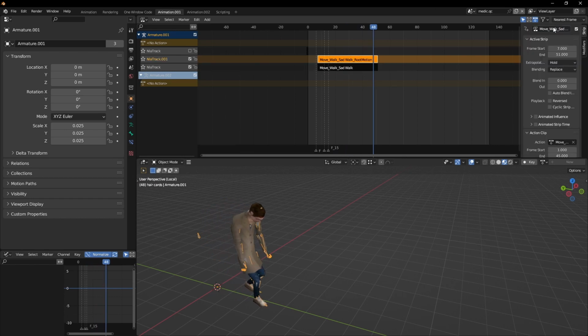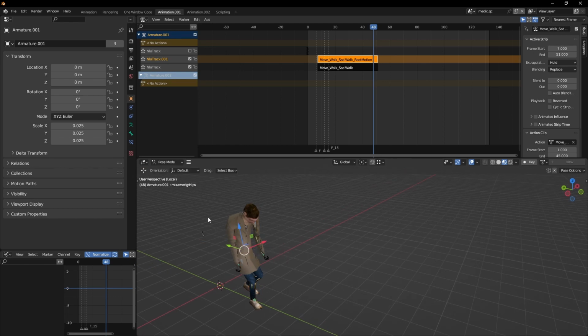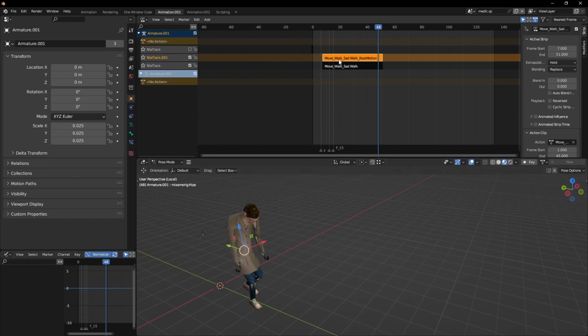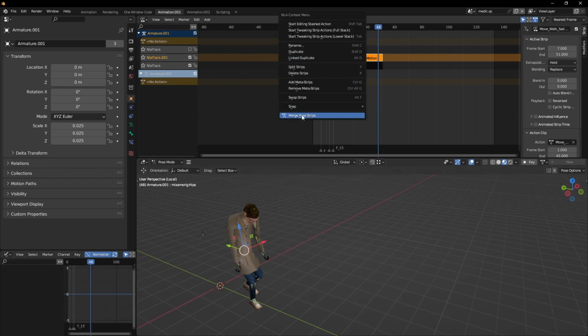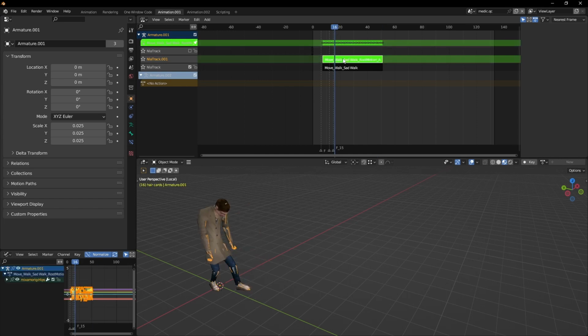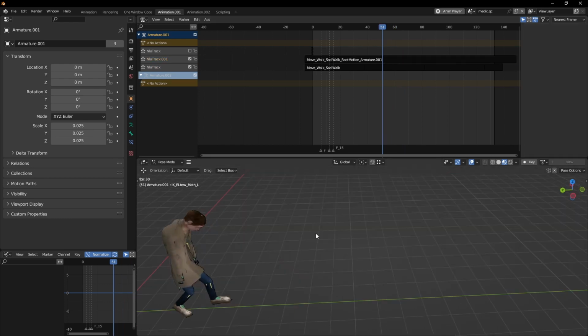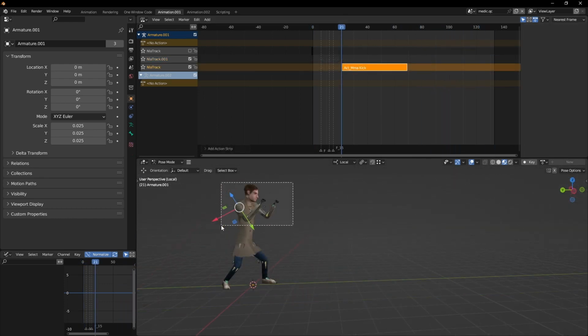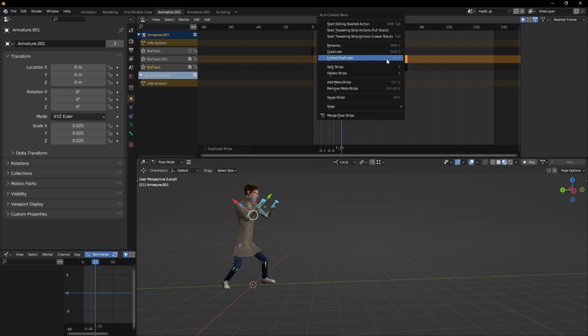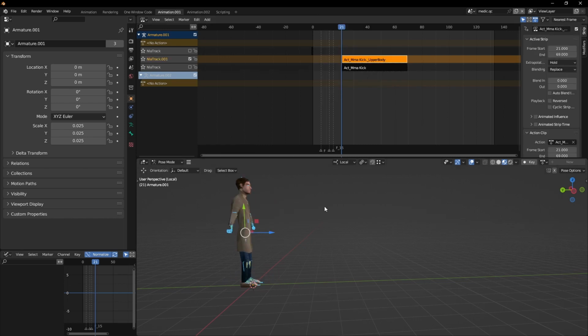Of course, if you want to bake poses, the keyframes of bones, you just have to go into pose mode and select whichever bones you want to include. You can easily isolate the animation from specific bones this way, by just duplicating a specific strip, selecting the bones you want to keep, and then merging just that one strip. That way, you'll keep the actions of the bones, but everything else will be ignored.